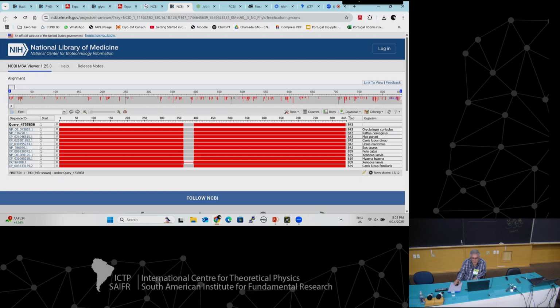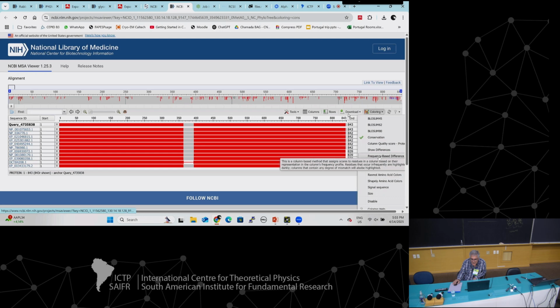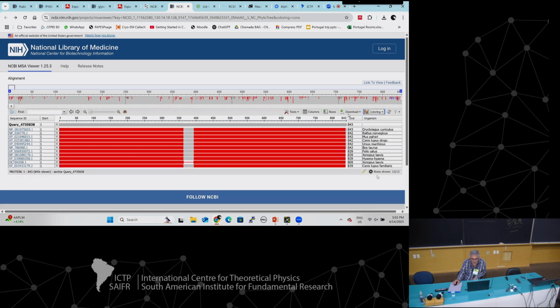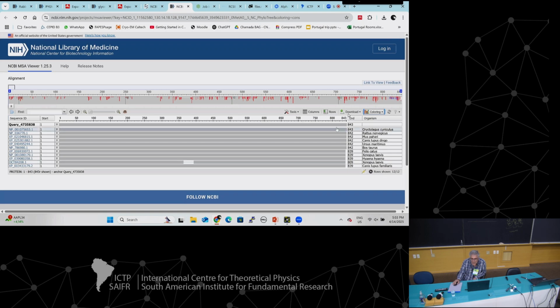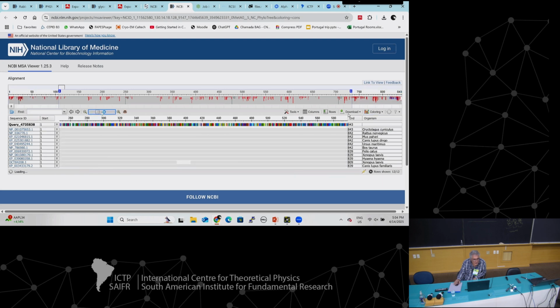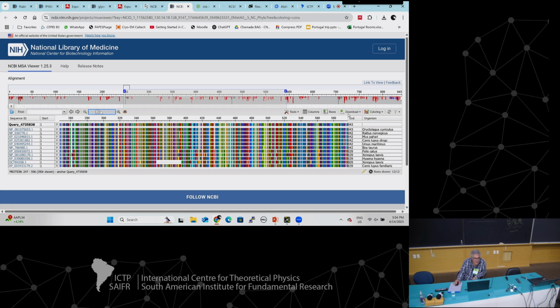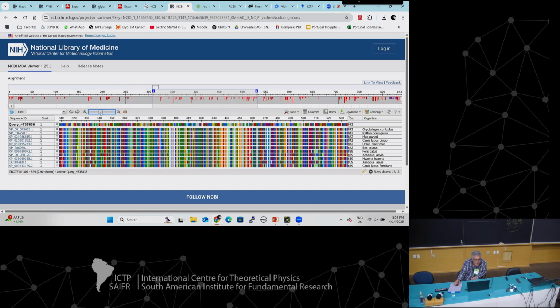I probably lost it here. Okay, so coloring. RAS small amino acid coloring. I don't know why. Here we go. Okay, yeah. So now it's coloring the amino acids according to their properties. I don't know which amino acid is each color, but if I go further in,